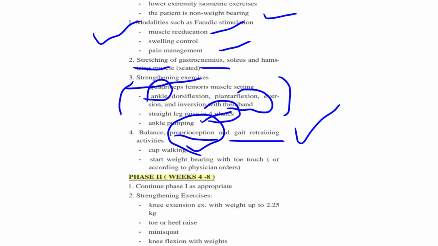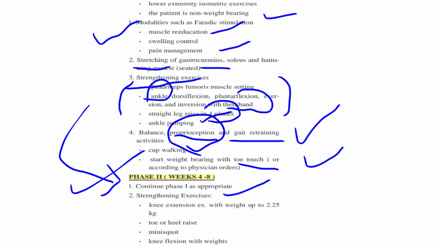Crutch walking, start weight bearing with toe touch or according to the physician order or protocol. In phase 2, it's of 4 to 8 weeks. We continue exercises from phase 1. Also go for strengthening exercises, knee extension with weight up to 2.25 kilogram, toe or heel raise, mini squat, knee flexion with weights,